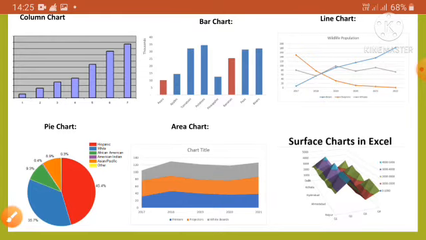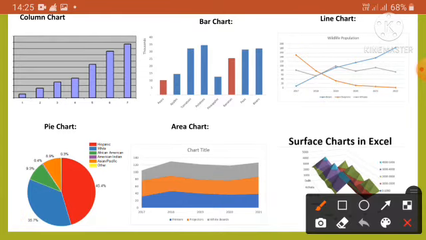Next one is the pie chart. A pie chart is used to show relative proportion or contributions to a whole, which is contributed by each value in a single data series. Pie charts are more effective when representing a small amount of data. The various sectors or blocks in a pie chart represent data as a proportion of the whole.